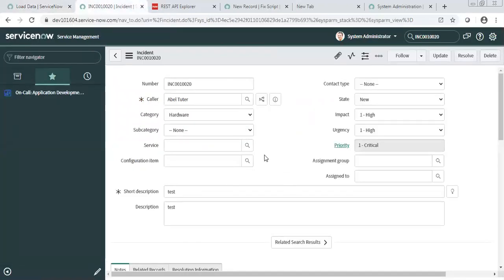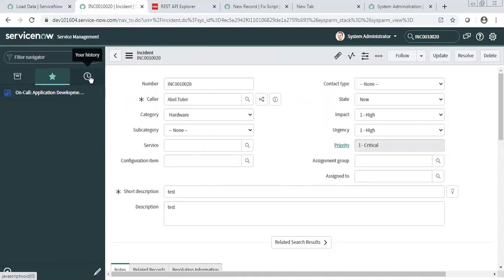But did you observe here that you did not need to click on transform for data to go to your incident table? It is automatically going to the incident table, so the transform map is running automatically.